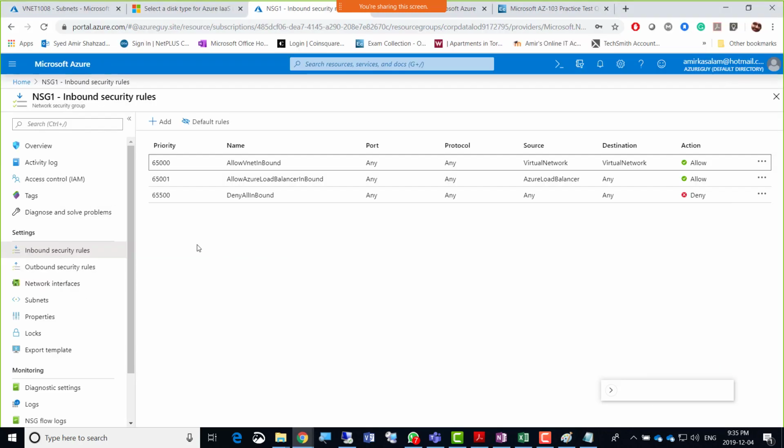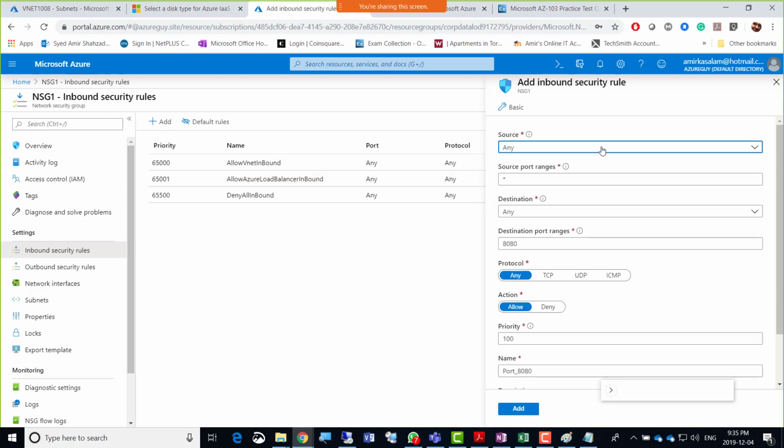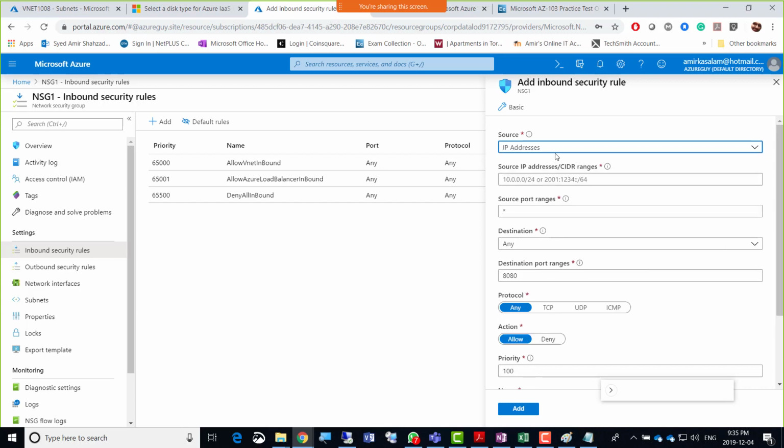So this means that if we go for inbound rules, now this rule is allowing any traffic from anywhere to connect to that, right? So if we click that add here, so source should not be any, and if we go for IP address here, then we have to give the range. Now these subnets can be connected to each other as well. So I just want to go a bit quicker there.